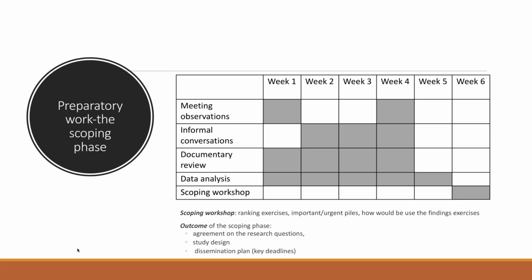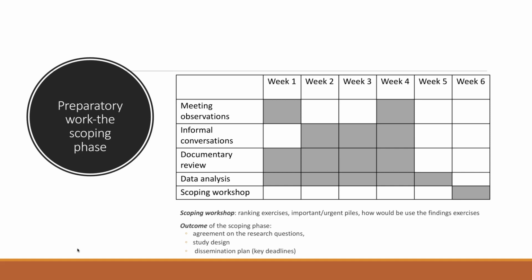There are really interesting discussions during scoping workshops, and the actual outcome of that scoping phase is to get agreement in terms of the research questions, and agreement in terms of the scope, because many times when we carry out a rapid study, one of the most important things we need to do is make sure that it's targeted enough, focused enough, for us to be able to generate meaningful findings in a short amount of time.